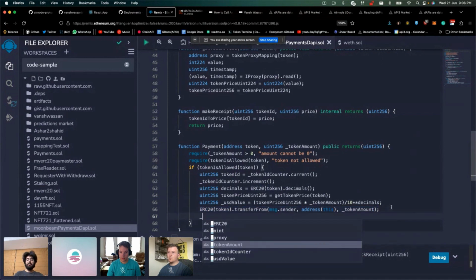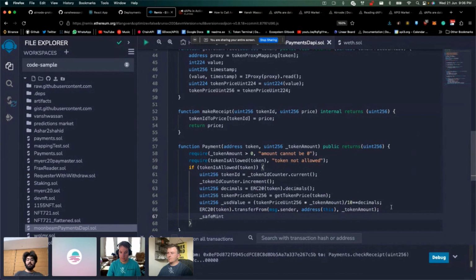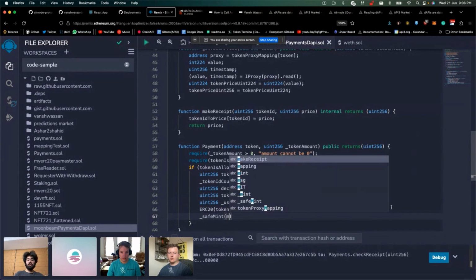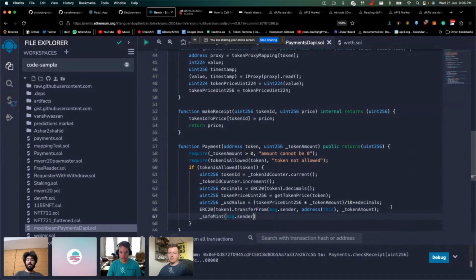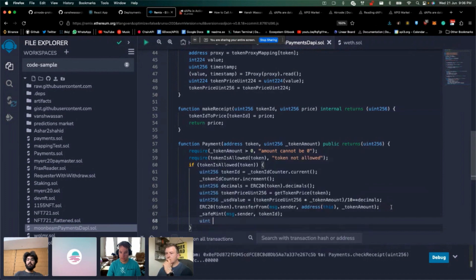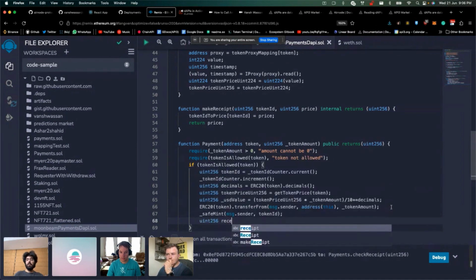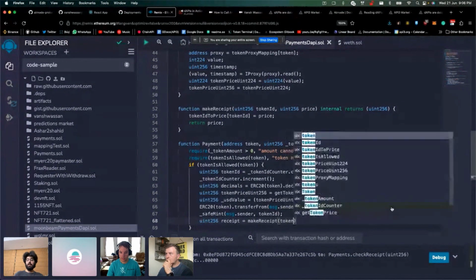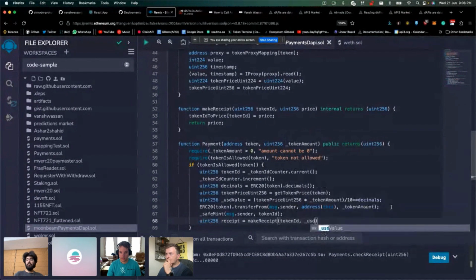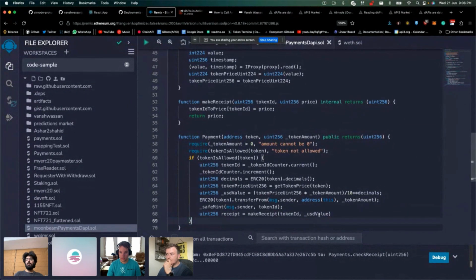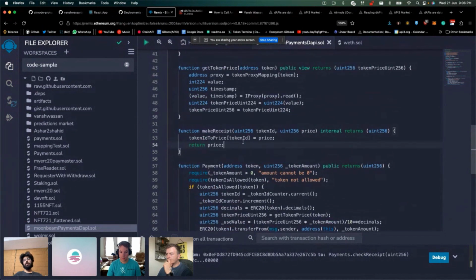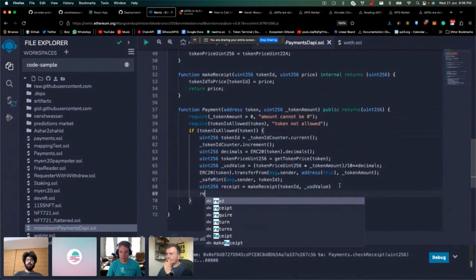And after we have made the payment to the contract, now we can quickly mint the NFT with the token ID to the user, and also get the receipt from the make receipt function, which returns the token ID and the USD value. It basically mints a receipt with the token ID and the USD value. Now you know why we made the make receipt function. And yeah, just return the